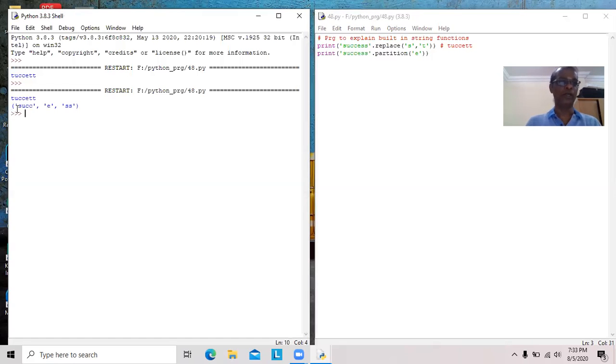See here, whatever we get within parentheses is called a tuple. So a tuple is a collection of elements which are enclosed by parentheses. Three elements are there. Where E comes, it will be divided. Left hand side of E is one item, right hand side of E is the third item, and the middle item E is also available. This is the usage of partition.